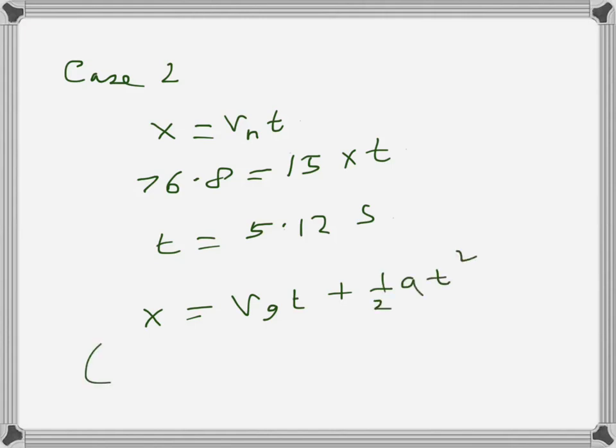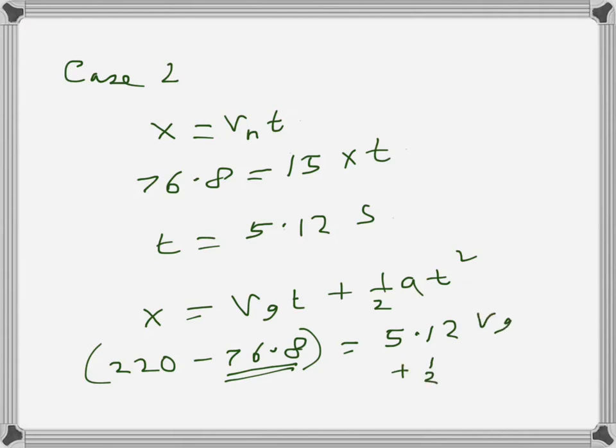Now x is 220 minus 76.8. That's the distance that the green car has traveled, because the red car has traveled this much, so the separation is 220. So the green car, when they meet, must have traveled 220 minus 76.8. So that one, 5.12 times Vg plus half A, 5.12. The numbers are a bit nasty, but what I got now is